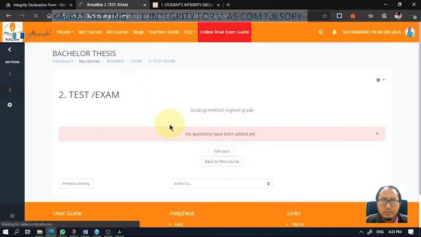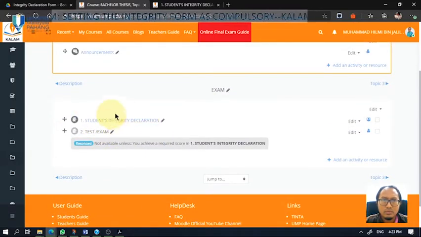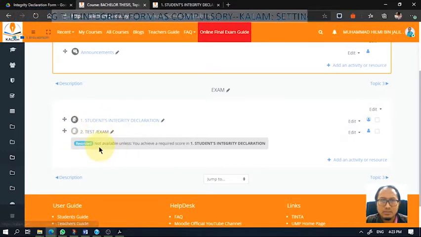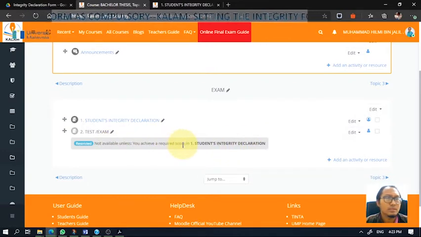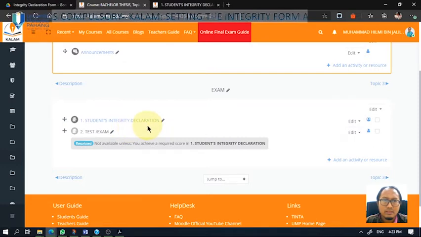So if you go back to the exam session, we are going to have two parts. Okay, the first one integrity declaration, and the second one is the test or exam itself. So these are not going to be available for the student unless they obtain full marks or answer agree in the number 1 students integrity declaration form. So that's it for using Kalam and integrating the form and making the form